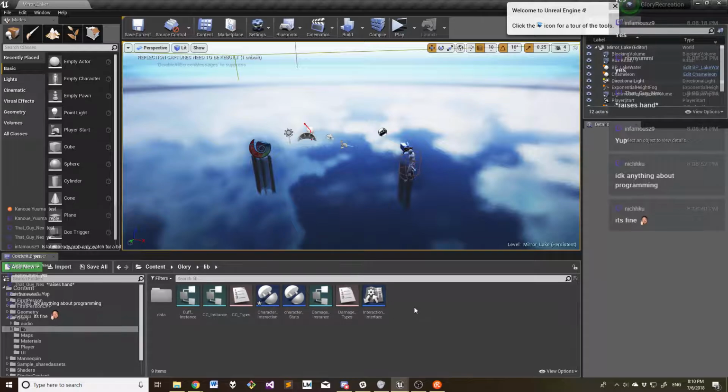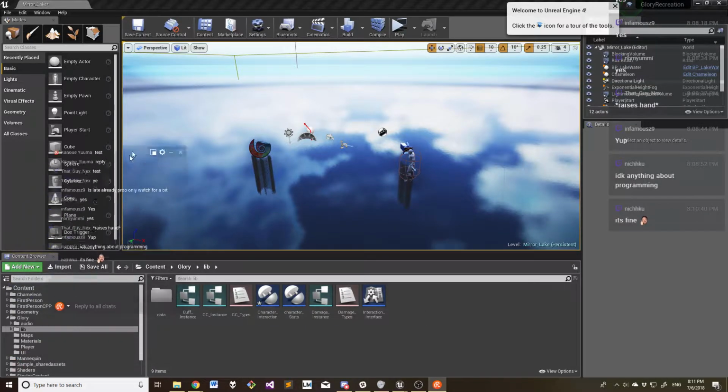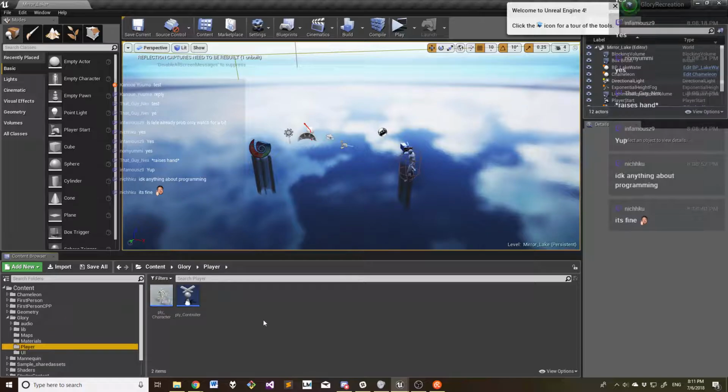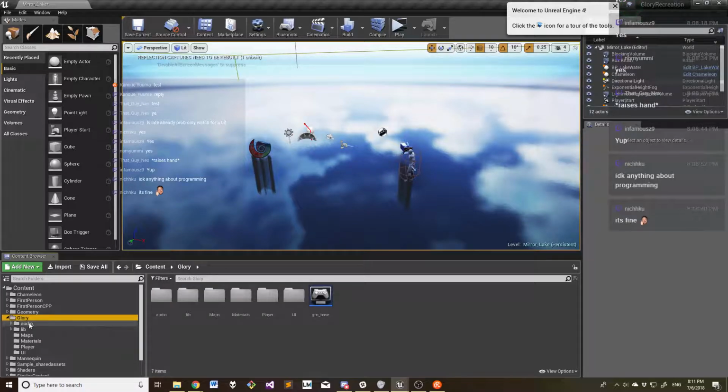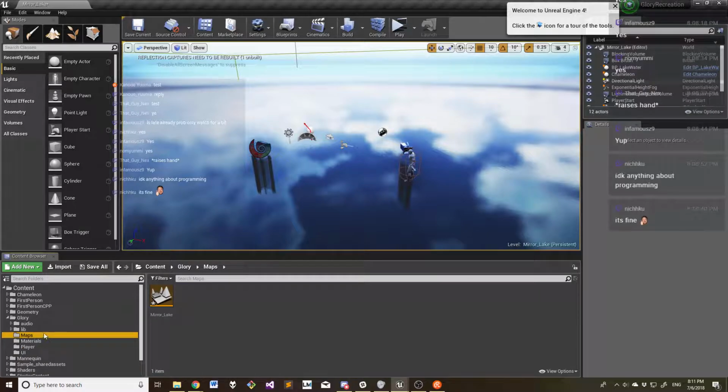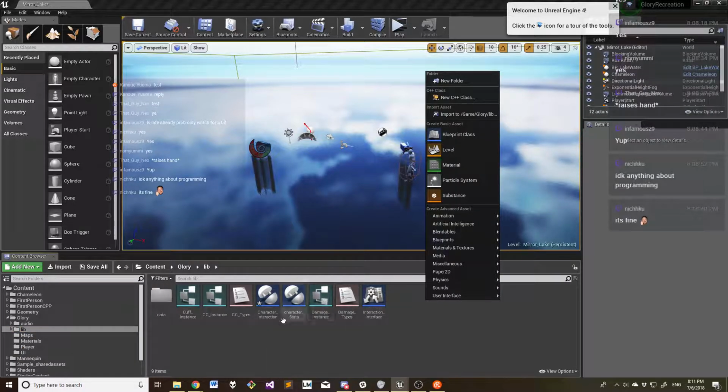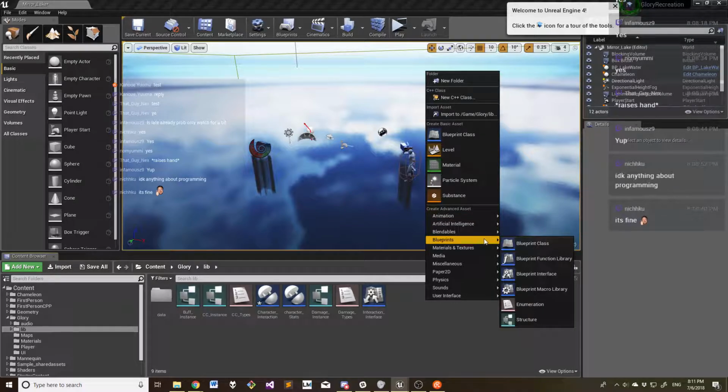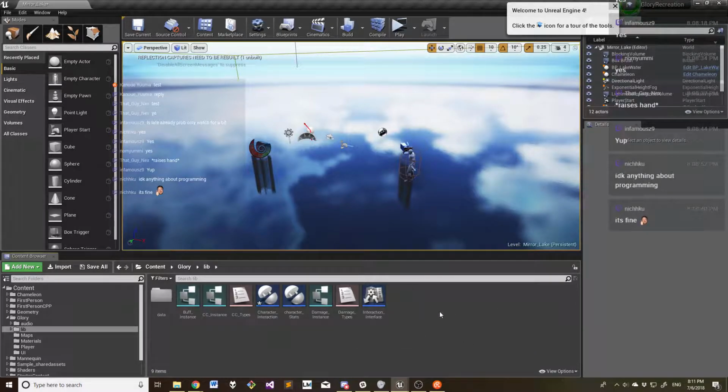go in this main menu HUD. It doesn't matter where in the HUD you go to. Anywhere is fine, but we'll just stay in the library folder since that's where some of the other ones are. So we go to blueprints, enumeration, and structure. These are the two that you normally would program with all your other code like variables, integers, and such. But over here in Unreal Engine 4, you have to specifically make them inside the UI and